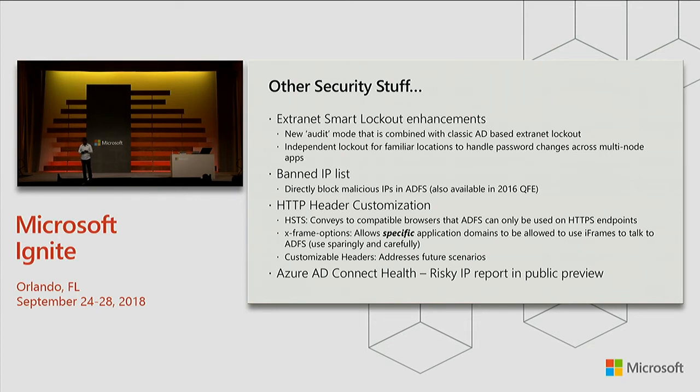Another case that we saw with customers is that in multi-node clusters of applications that use password-based logins for their service accounts, there are cases in which, for the password expiry case, even though one of the nodes was updated, the other nodes were not updated, and it would fail, causing a lockout because it increased the number of account attempts. And one of the things we realized as part of this is to have a separate threshold for familiar locations, so that you can create a really high threshold of failed logins for familiar locations, which means your internal IP addresses for some of these, and set that up.